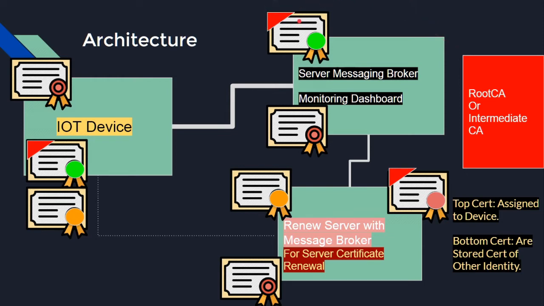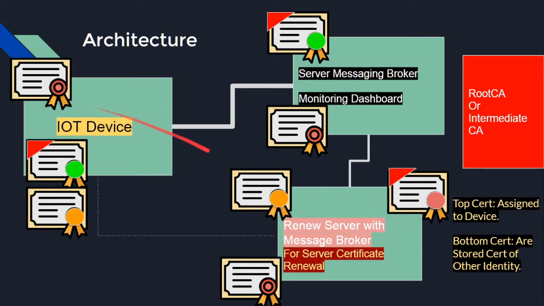So you can see the loophole: the IoT device and the server may break the communication path if the IoT device that is storing the certificate of the server has an expired one. So basically, how can we make this IoT device up to date with the certificate of the server? This is the biggest challenge. It is like replicating the browser functionality on the IoT device.